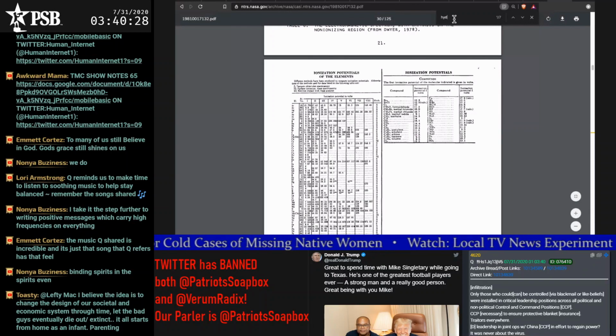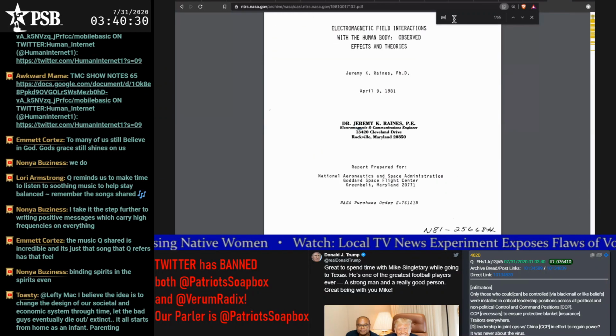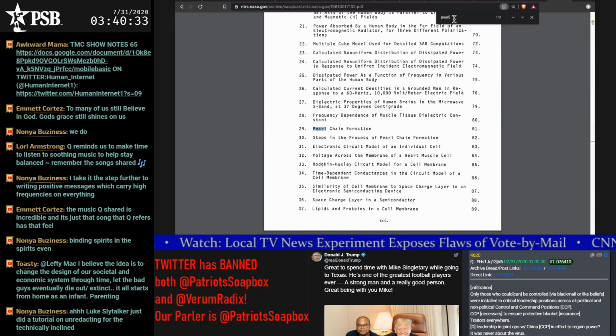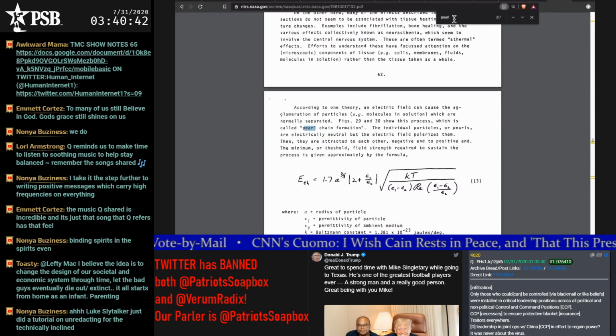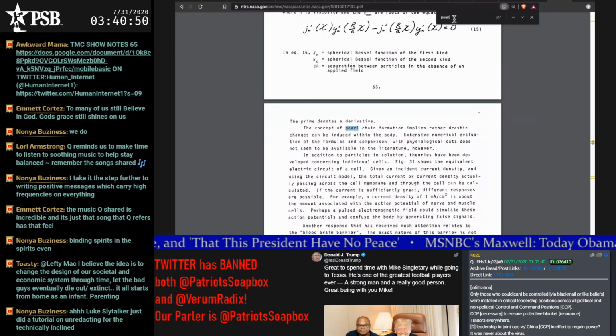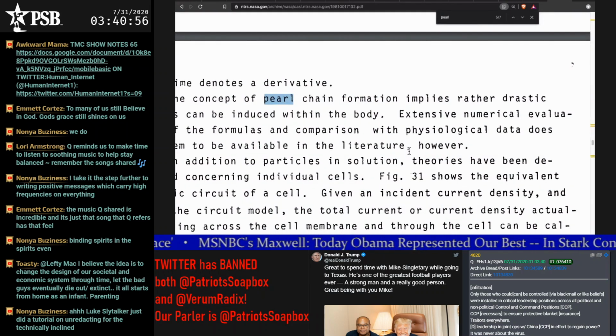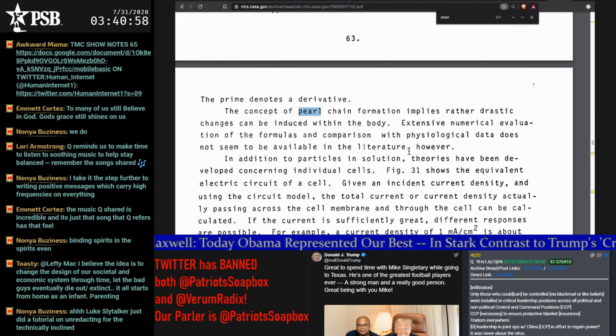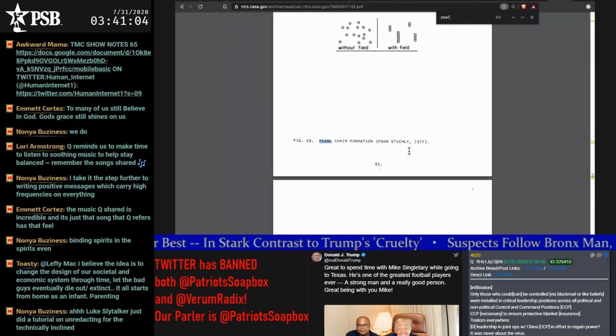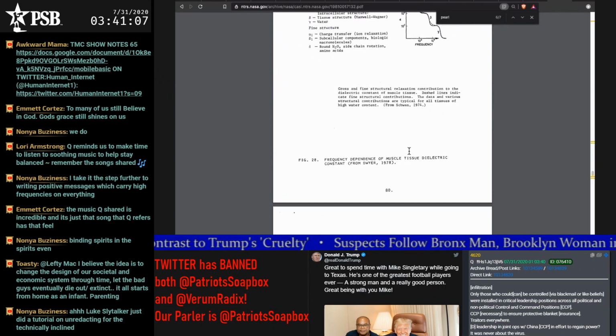So I want to show you pearl chain formation because this was a heavy hitter for me when I saw it the first time. It says here it's on page 81. So 81, 82. This gives the mathematical calculations for pearl chain formation. But I want to show you the diagram. So, man, this thing is lagging. The computer is not keeping up with the scroll. Here we go. So pearl chain formation, really,